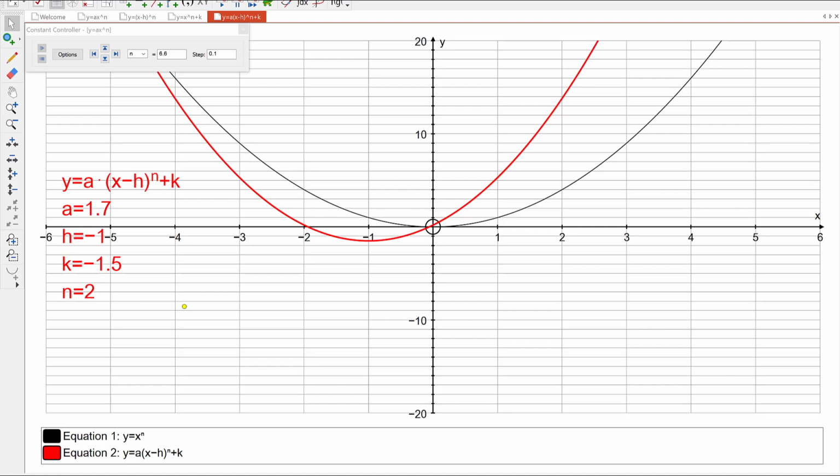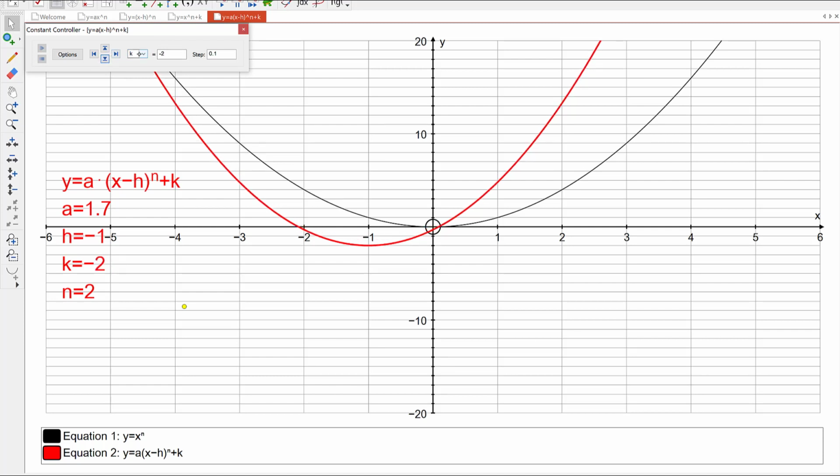Okay, so we change the degree to 2. So at the moment on this particular graph it's 2. Let me just fix those other values as well. Let's make k a whole number value. So let's make k -2. Let's make a a whole number value as well. Let's make a +3. Okay, so at the moment this is the graph of 3 times (x plus 1) squared minus 2. So turning point at (-1, -2), and a dilation by a factor of 3